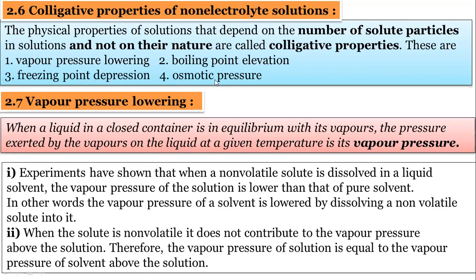And osmotic pressure. After these 4 colligative properties, this chapter will be completed. I will explain vapor pressure lowering, and I will stop here. Before this, we are familiar with the word vapor pressure. Vapor pressure is nothing but the pressure of